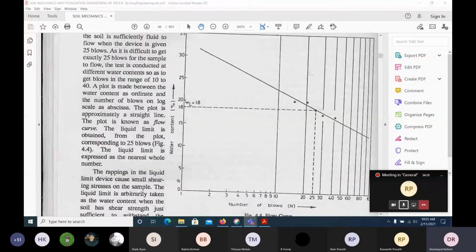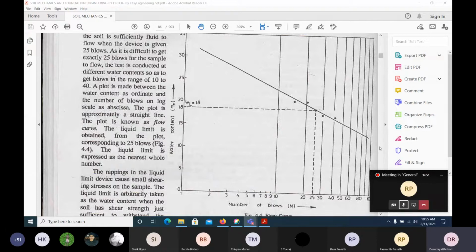Okay, on the y axis is water content, and on the x axis I have drawn the number of blows, and it shows almost like a straight line curve joining some points. Okay, some points if you draw it like this. Understood? So what I have done is I have taken a paste. I have added arbitrary some water. Some water will make a paste, and it should be in a paste form.